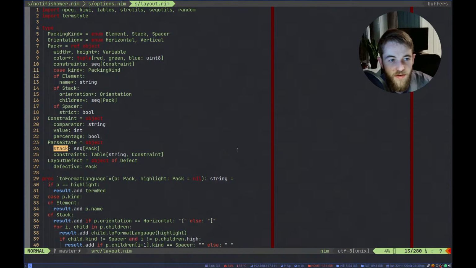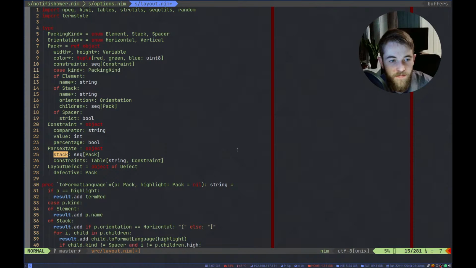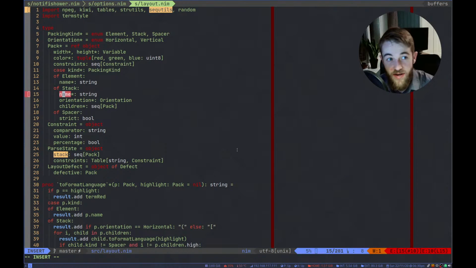Spacers can't have names yet. Let's just call this stack name. There's a weird quirk in them. You can't have the same variable named the same across these off branches in a type. It's a bit annoying. Like I can't do this because it's now redefined.